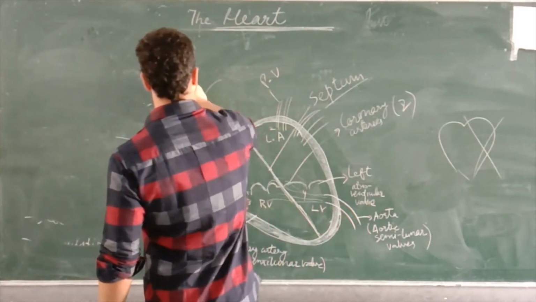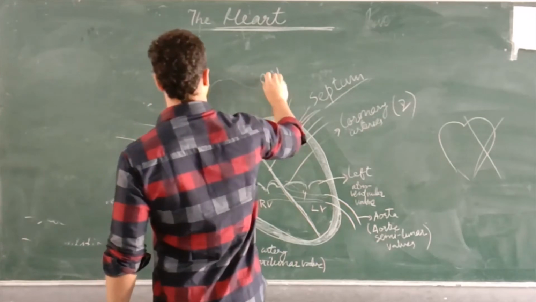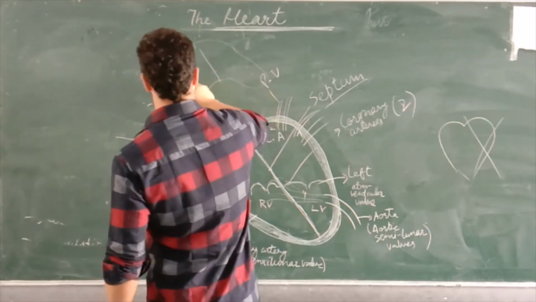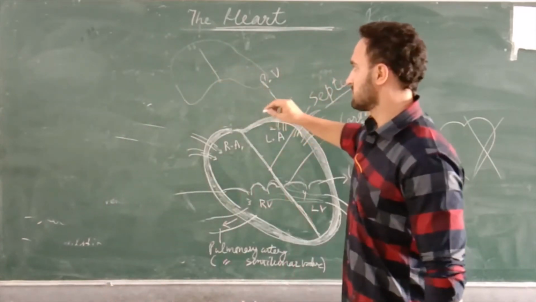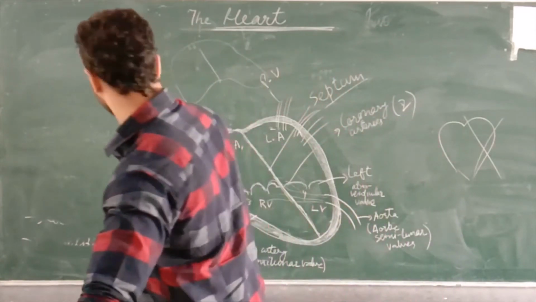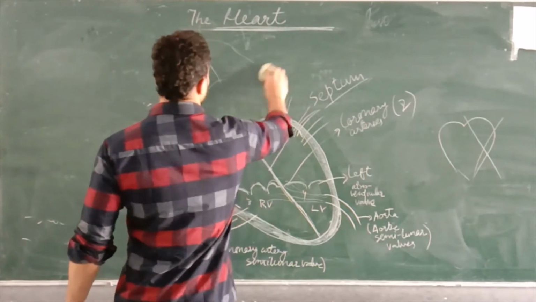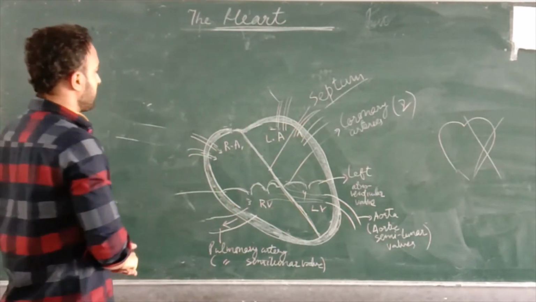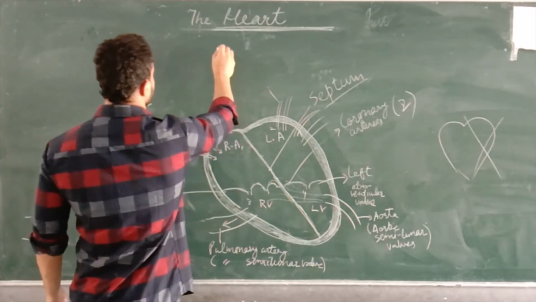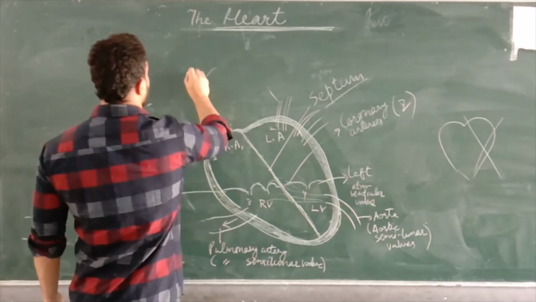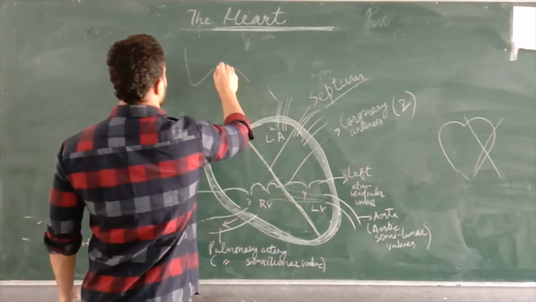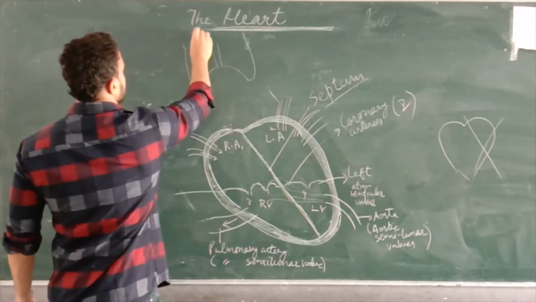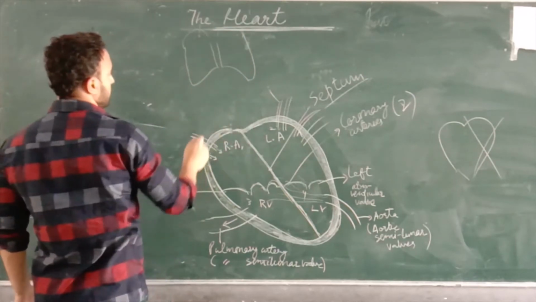Suppose this is a pair of lungs. This does not look like lungs. Okay, let me draw a clear diagram so that you can understand. If I draw a diagram of lungs, how do the lungs look? They look like this. Somewhat like this, right?